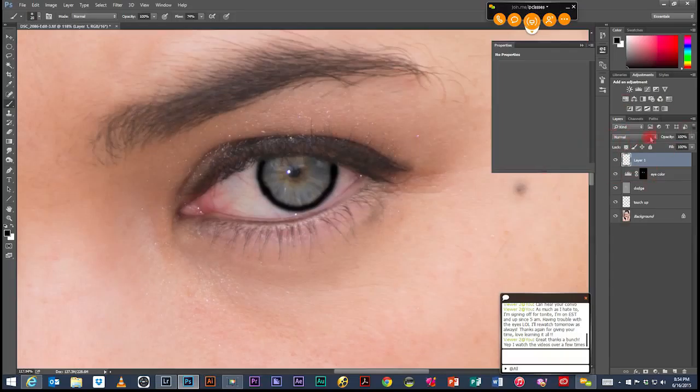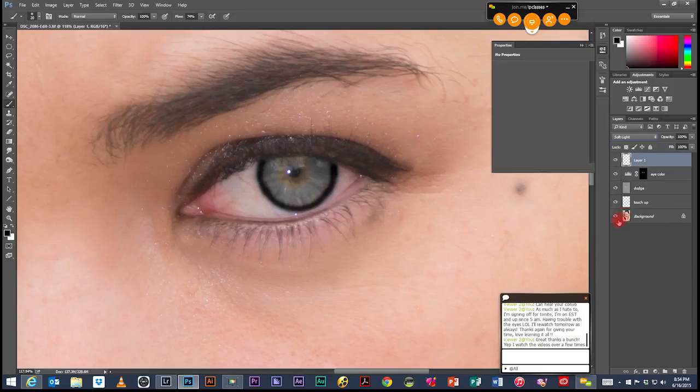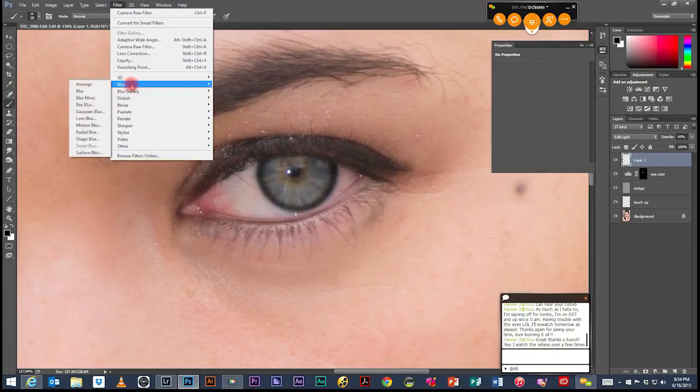So what I'm going to do is change my blending mode to get that to blend in a little bit more. It'll make it look a little bit more natural. So I'm going to go from normal to soft light. Now soft light is a blending mode I use a lot. And then what I might need to do is drop my opacity down just a little bit. And the other thing that I can do to help settle that down just a touch is I can come over here to my filter menu, go down to blur, Gaussian blur,